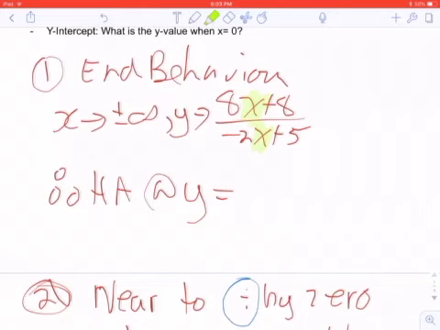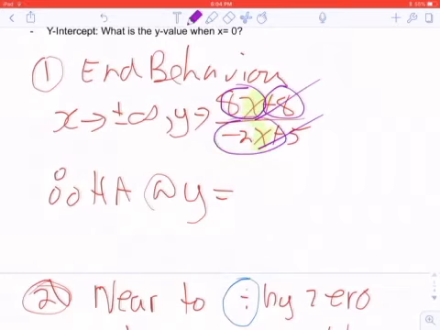But when I think about this, how big is 8x compared to 8 if x is 1,000,000? So 8 times 1,000,000, that's 8,000,000. And then on the bottom, I'd have negative 2,000,000 plus 5. Well, negative 2,000,000 plus 5 is really just negative 2,000,000. 8,000,000 plus 8 is really just 8,000,000. So then I'm left with